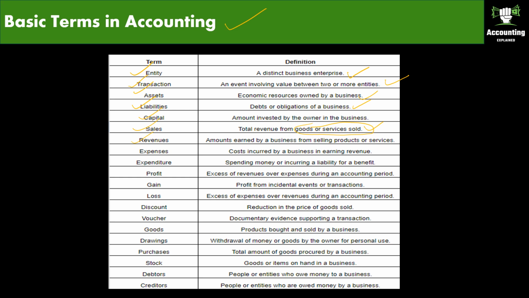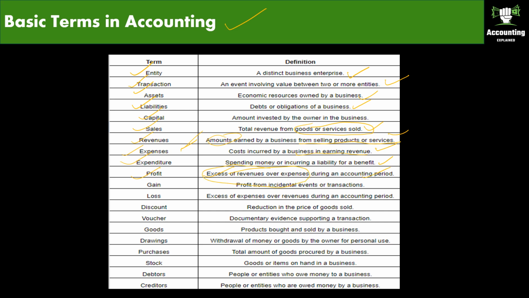Revenues, amounts earned by a business from selling products or services. For these products or services, if you receive an amount, it is called revenue. Next is expenses, cost incurred by a business in earning revenue. Whatever cost is incurred by the business for earning revenue is called an expense. Next is expenditure, spending money or incurring a liability for a benefit. Profit, excess of revenue over expenses